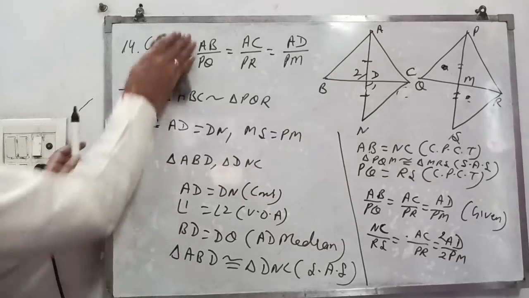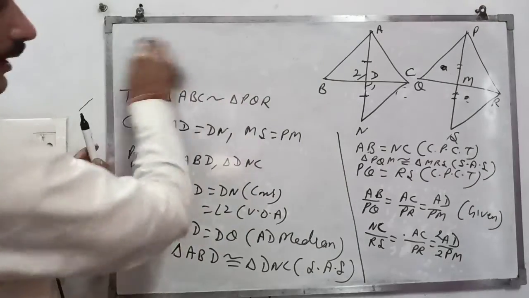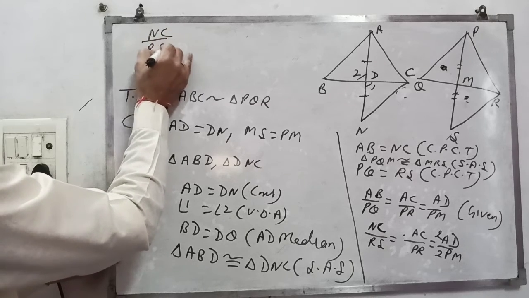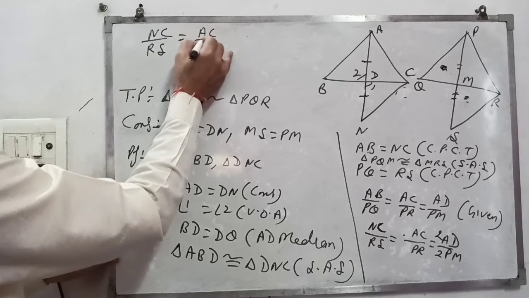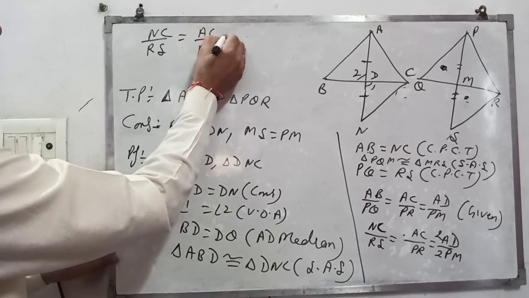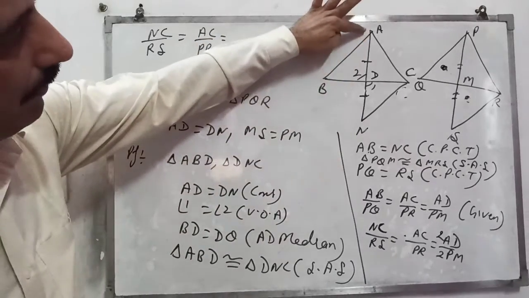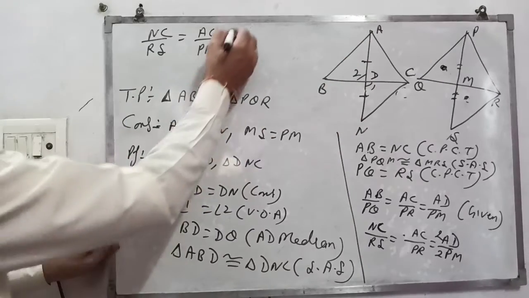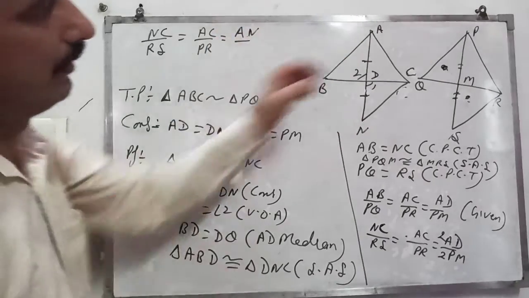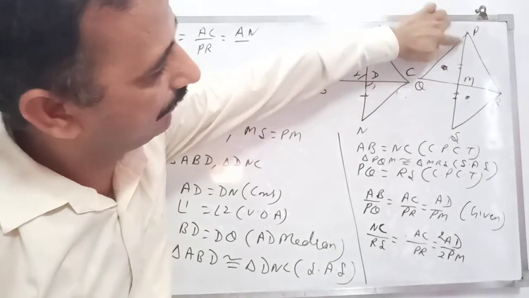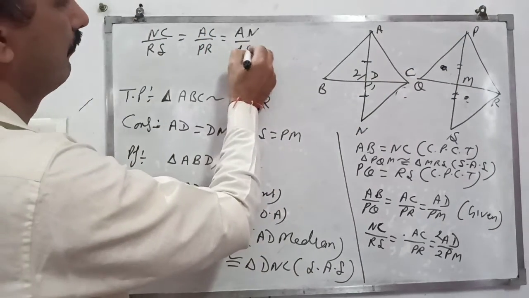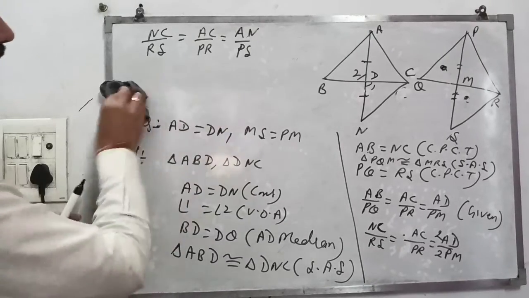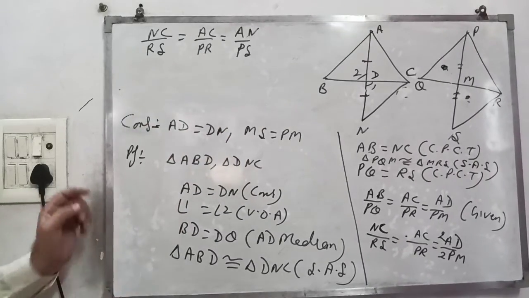So when we multiply this one, you find out that NC upon RS is equal to AC upon PR. You find that it's a double. The double of AD becomes AN, and the double of PM becomes PS. You find out that the ratio of three sides are equal, so it means